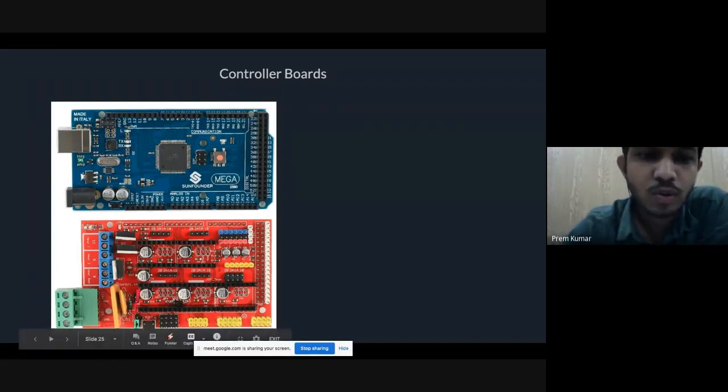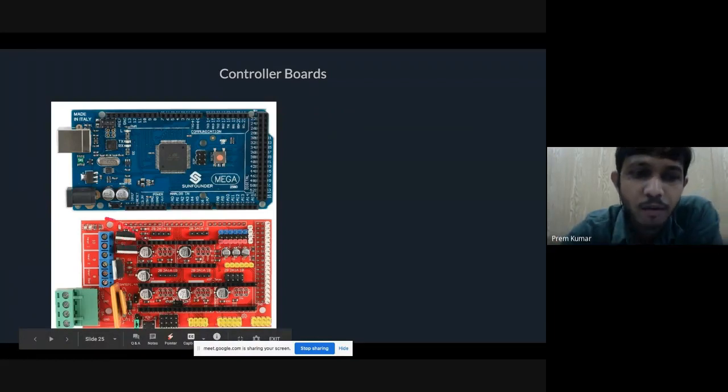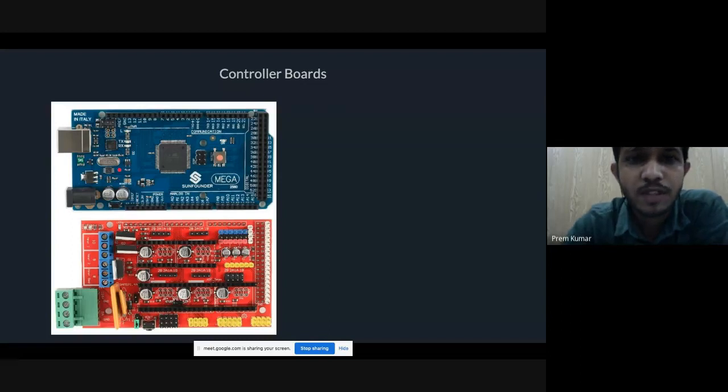You need to keep in mind that you have to put all these values into your firmware, like the number of steps that you need to move your motor. We have just discussed micro stepping and stepping also. Once you build your machine, you will be turning it on and moving your axis through a UI configuration.